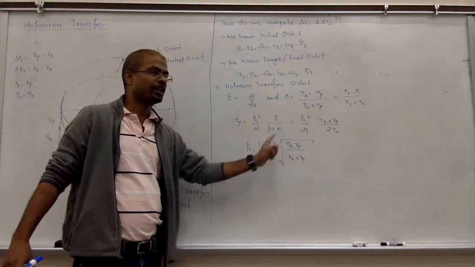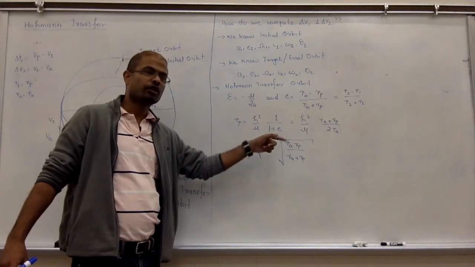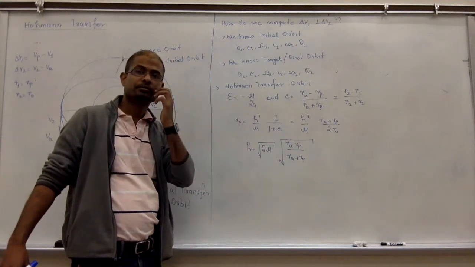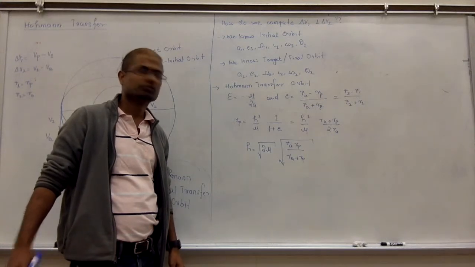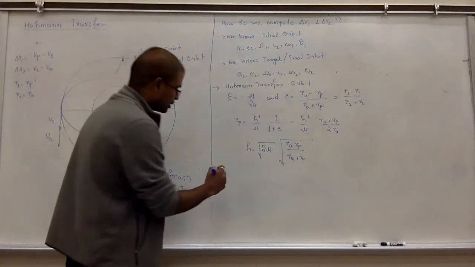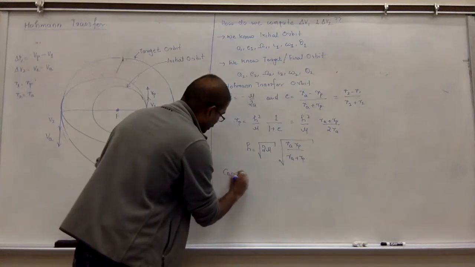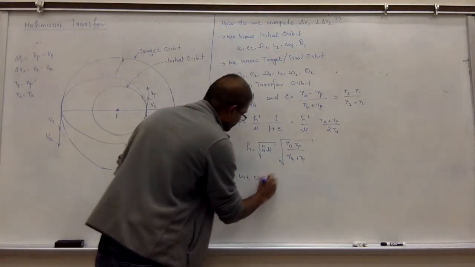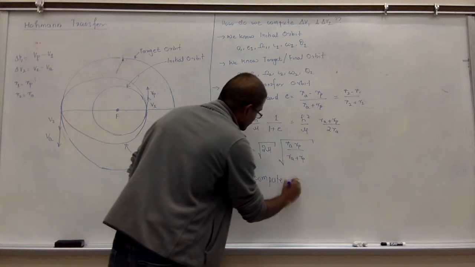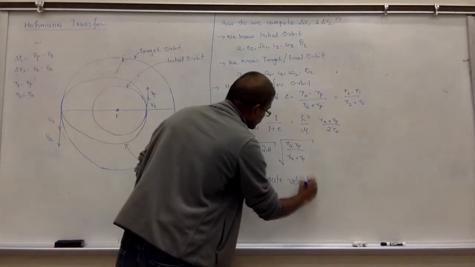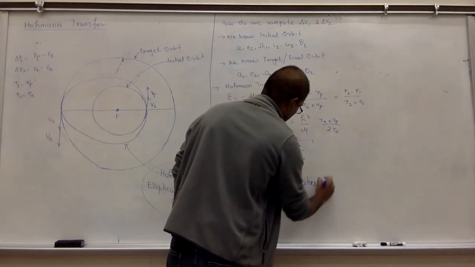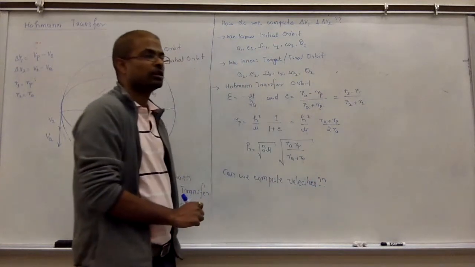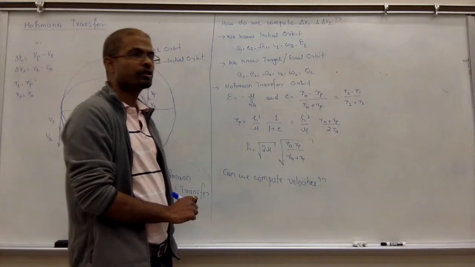Everything is known on the right hand side. Can you calculate the velocity now? From this, can we compute velocities? It's a simple relationship. What is the relationship between velocity and